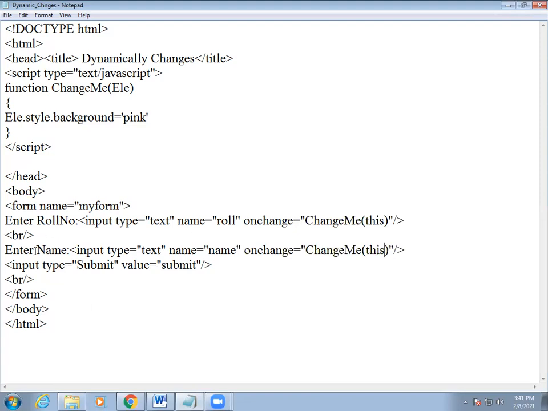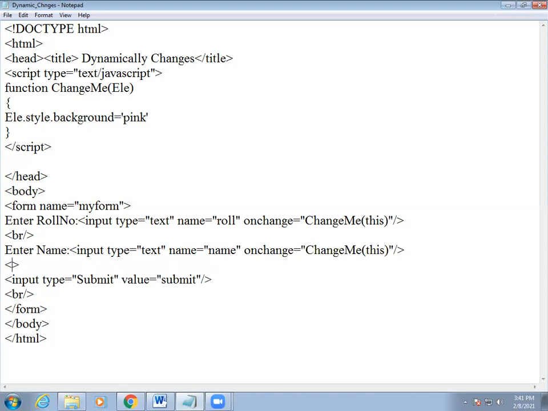Okay, so let's run this program and check whether this is correct or not, because now we mention our function name, and that function we put on our input type because we want to change the background color of those two text boxes. Just save this program and run again.